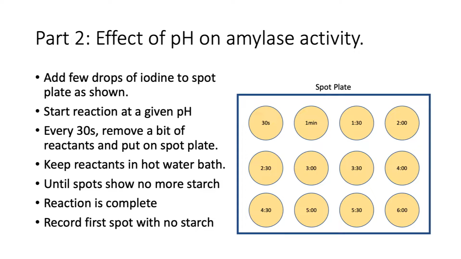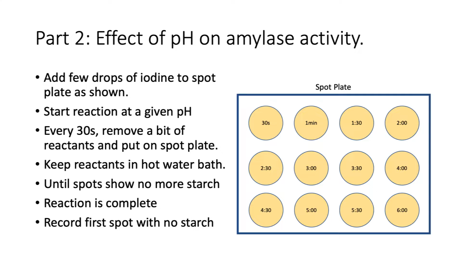Okay, so you're going to add iodine to each of these spots, and then we're going to start the reaction with a given pH. So let's say we're doing the reaction at a pH of 7. Okay, we're going to start the reaction, and then every 30 seconds we're going to take a little bit of the solution that's reacting. We're going to take it out and put it on this spot. Put it in the spot plate, and if the reaction is still happening, that is, if there's still starch present, then we expect the iodine in the spot plate to turn purple. Okay? And we're going to continue this every 30 seconds. We're going to take a little bit out every 30 seconds